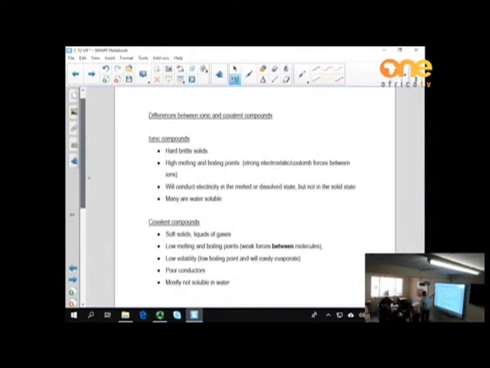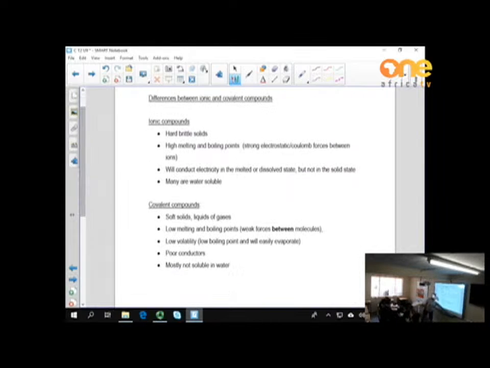People, now we've had a look at ionic bonding. We've had a look at covalent bonding. Now we're going to compare the properties of ionic compounds and covalent compounds. Now the physical properties of these compounds have got to do with the strength